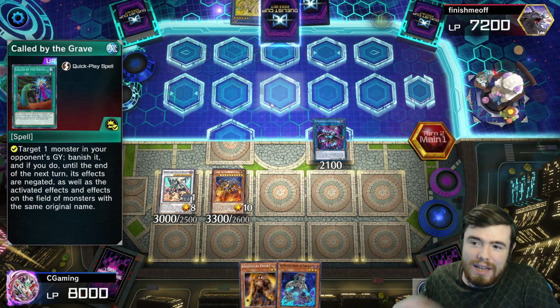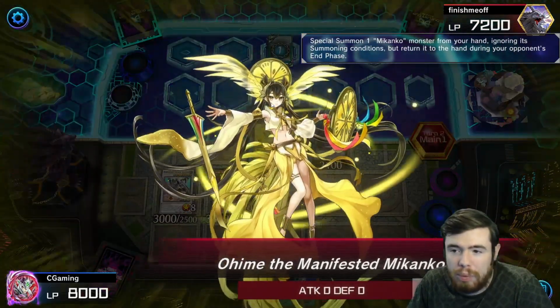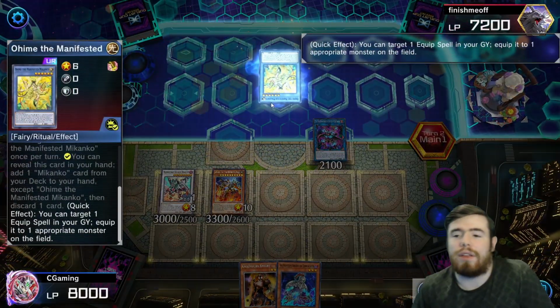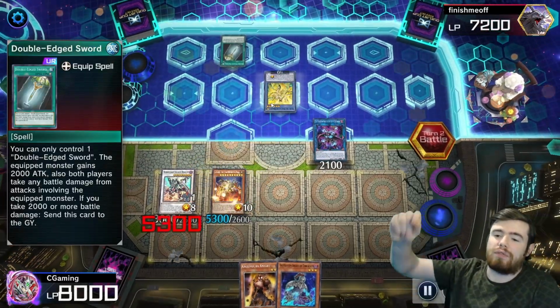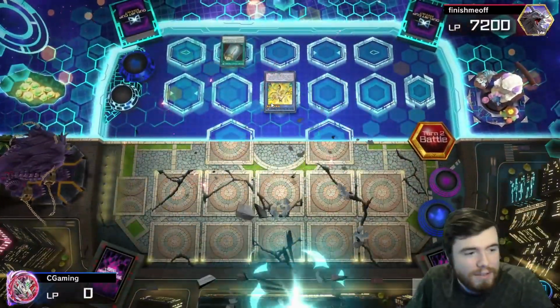And the worst part is, he just opened up, or milled, sorry, the Armory Call. They're going to go for Opening Ceremony here, summoning the Ohime, or whatever its name is, from the hand. They're going to use its effect, grabbing Double-Edged Sword, boosting up to 53 on the Kaiju, 53 to the face, and another 53 to the face. So there you go, taking a fat L